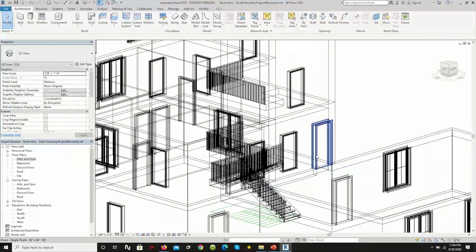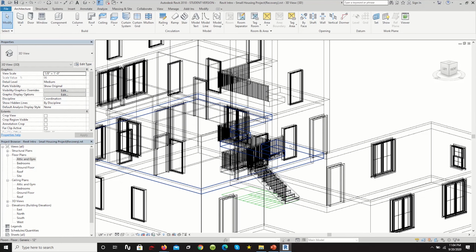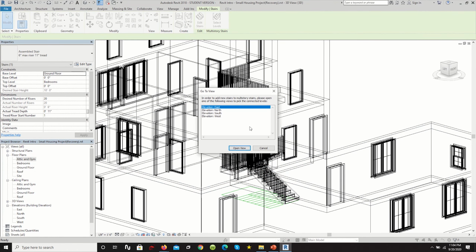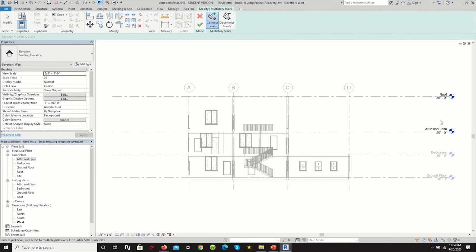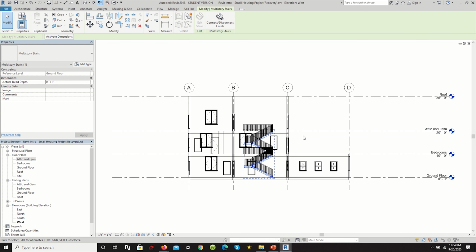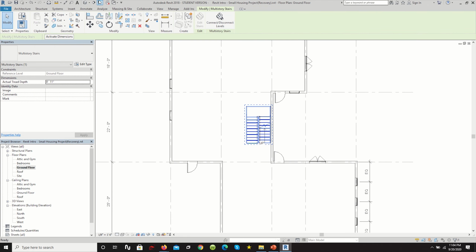So now with each of those things drawn, we just have to copy up the staircase to the next level. We're going to go and select levels. We're going to go on the west elevation. I'm only going to select this level. Let's copy it up to that level and hit check. Perfect. Now let's go back to our